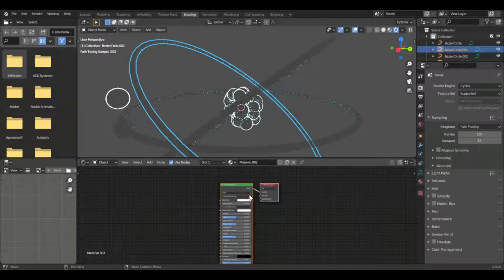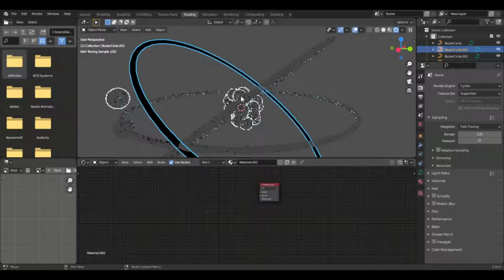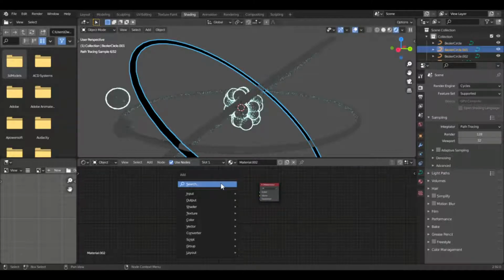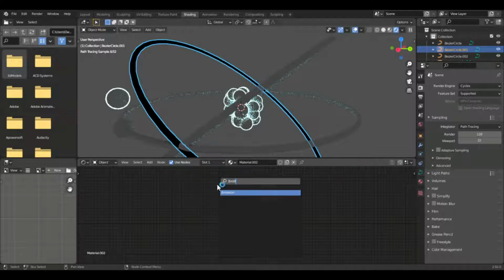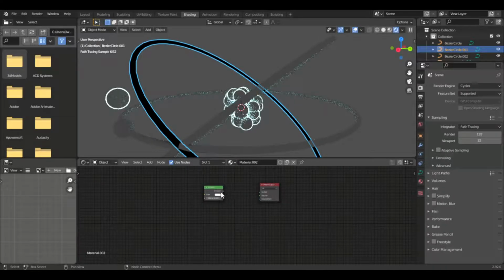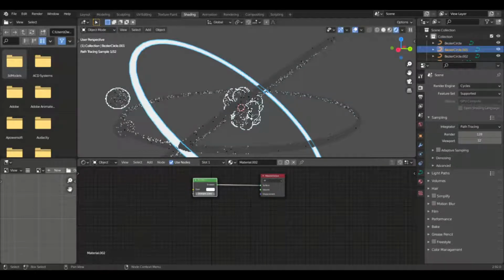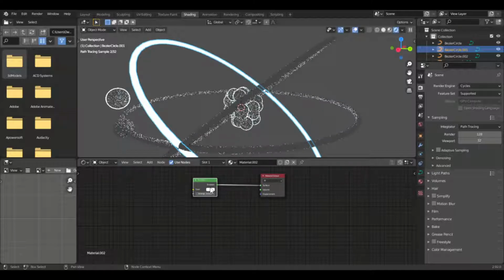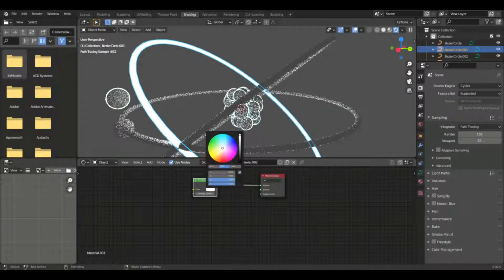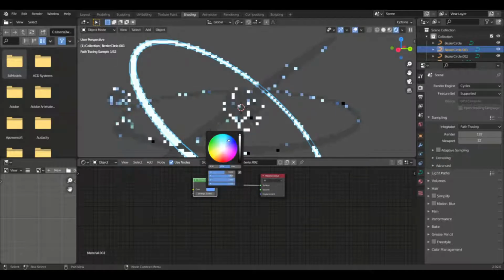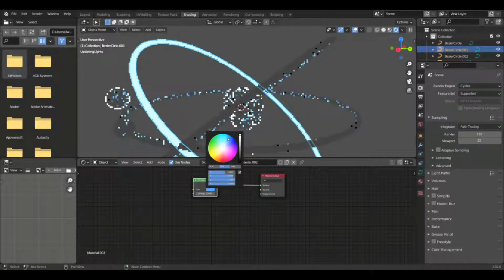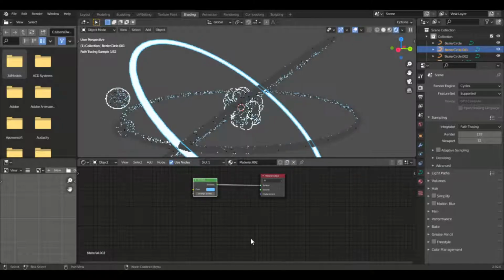If I delete the principled BSDF as I add the material to one ring, and I add an emission node, and I plug it all the way to the surface, now you can see it's emitting. If I set it to 10 or 8 or whichever one, and I put the color to around a bluish,